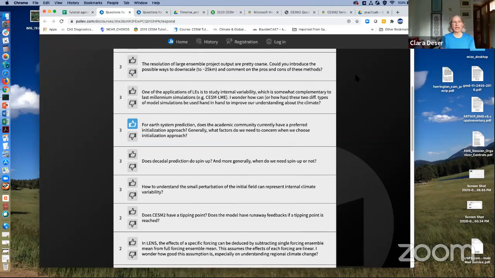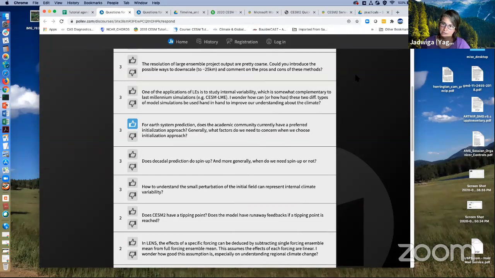Oh, go ahead, Yaga. Okay, so for the ocean, we have observations, GRA 55 observations. So an offline ocean is run with those surface fluxes forced by observations. And it's cycled through 5 times, I believe, till you reach a state that we think is balanced. So then we're using the last cycle. So it's like an ocean forced by observations that is used, not observations directly that are put into the model.